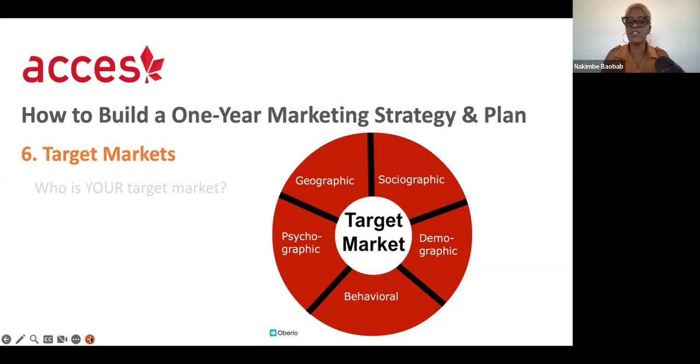matters. Then sociographic, I gave you guys the example of people shopping at Whole Foods compared to people shopping at FreshCo or Price Chopper, right? So you're looking at people's different socioeconomic status. Are they flying first class or staying at the Ritz and they want to go into the private lounge, or do they want to buy the economy fare and not be able to select a seat? All of that is going to play into your language depending on to whom it is you're speaking.